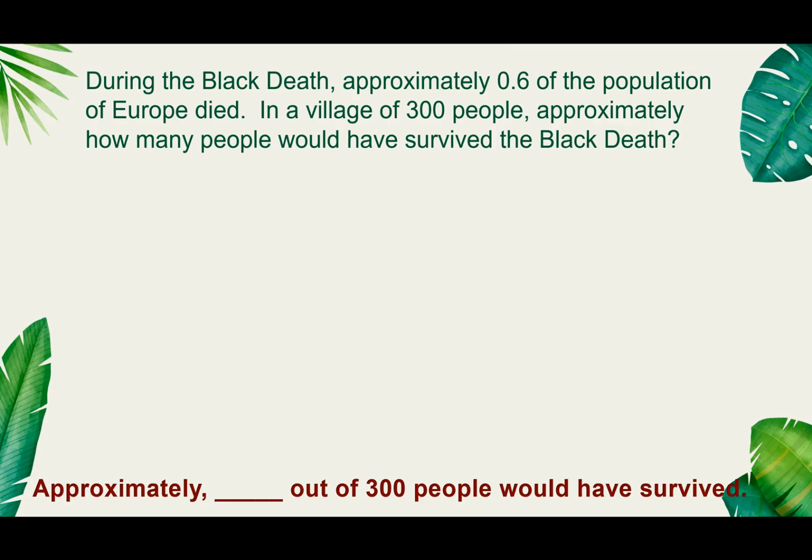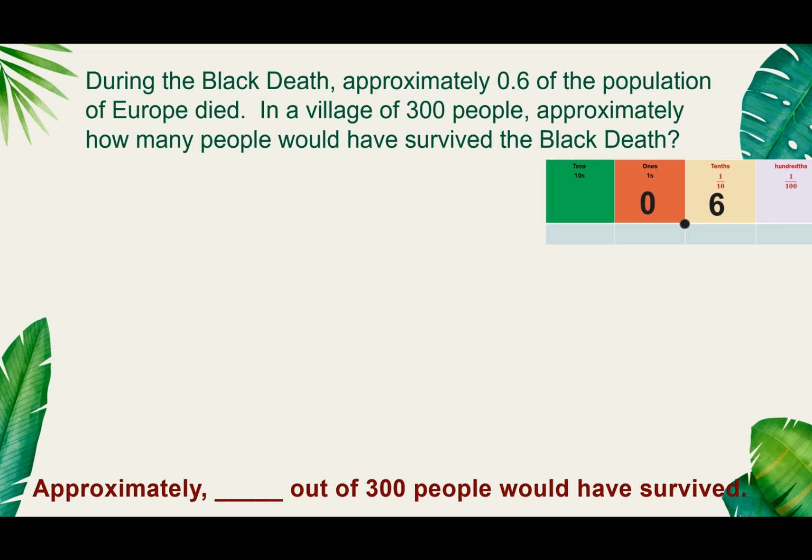So 0.6 of the population, what does that mean? 0.6 of something. Okay, so place value, remember how that goes. There's a decimal point right there, right after the ones, denoting the separation between whole numbers and fractional numbers less than 1. So 0.6 really means 0 ones. So the number is smaller than 1, which makes sense because 1